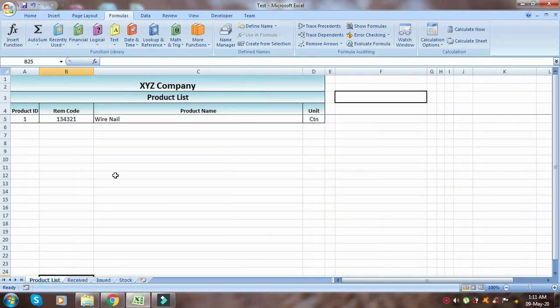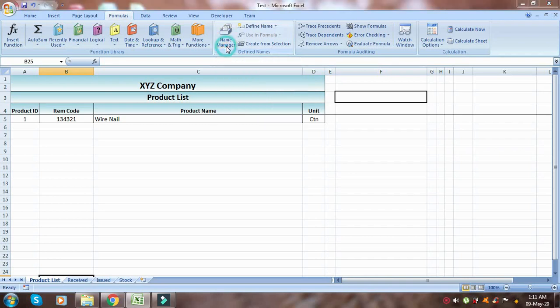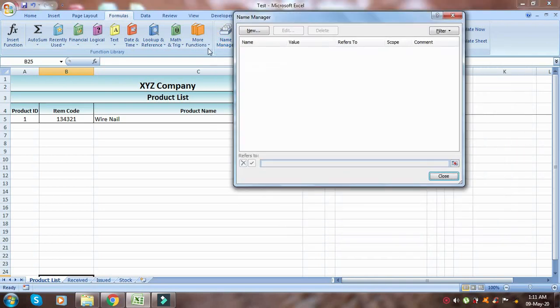What we'll do is, first of all, we have to create a name range, which is why we need it. I will explain to you later, but first let us create this name range.